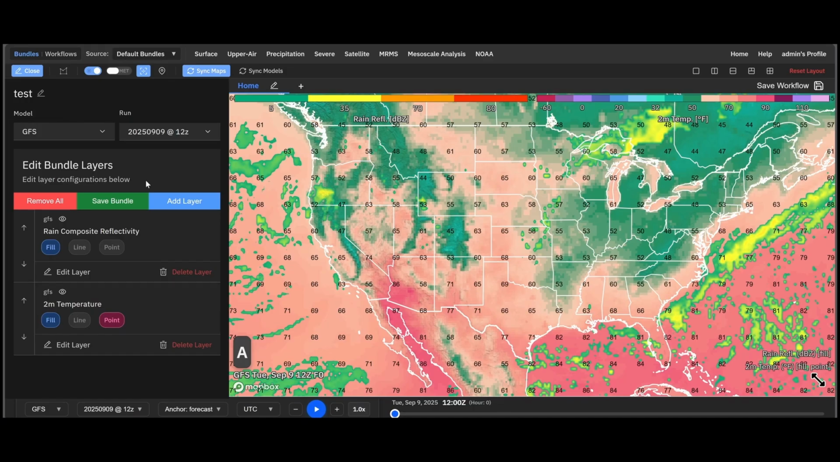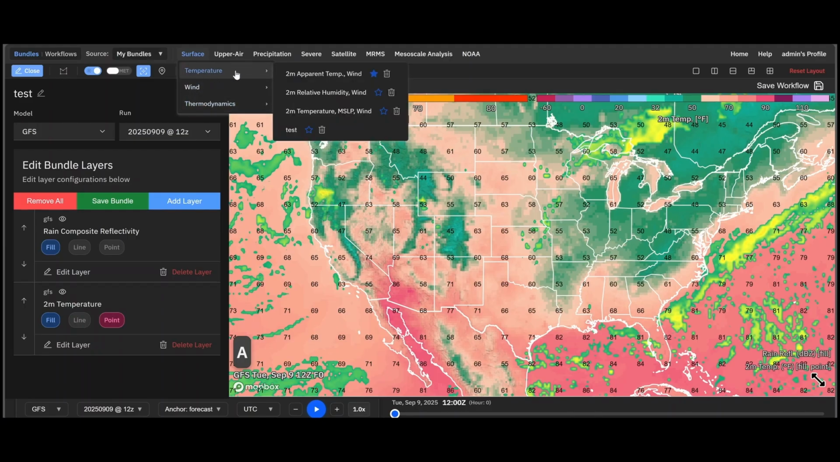How do we then see that? Let's go back up to the top of the screen here. We can see the source is currently on default bundles, so that's all the bundles that we provide people with right off the bat. If we click it and change it to My Bundles, we will see now just My Bundles. For me, the default and My Bundles are the same because I have My Bundles set as the default for all users. But now if we click Surface,